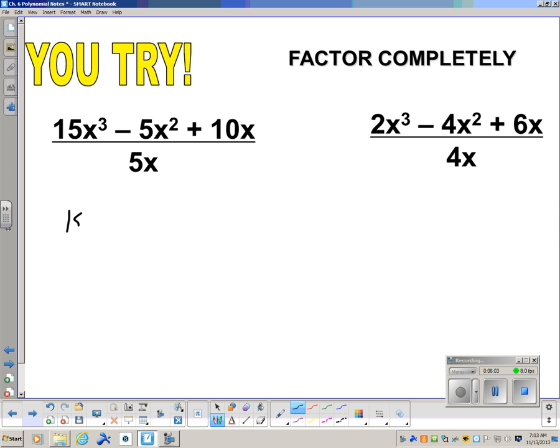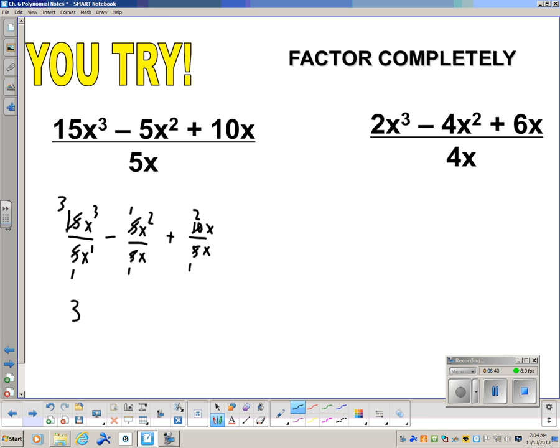We've got 15x to the third divided by 5x minus 5x squared divided by the denominator plus 10x divided by the denominator. So again, kind of thinking through these. Again, 15 divided by 5, or 5 goes into 5 here once, 5 goes into 15 three times. So 5 divided by 5 here, 5 goes in 5 here once, 5 goes in 5 here once, 5 goes in here once, goes in here twice. So now I'm going to look at my